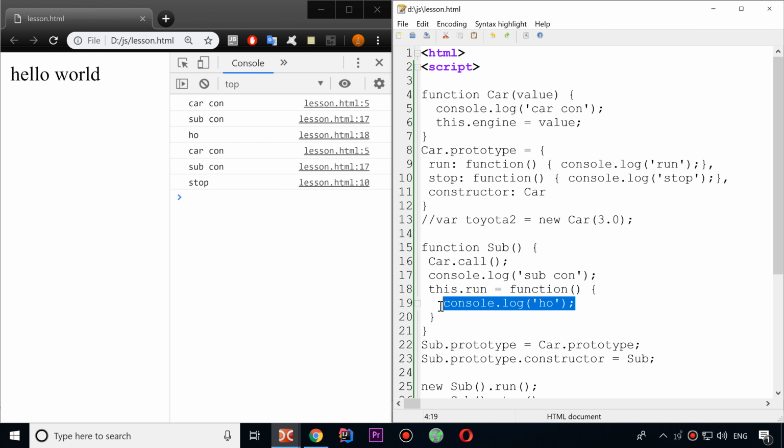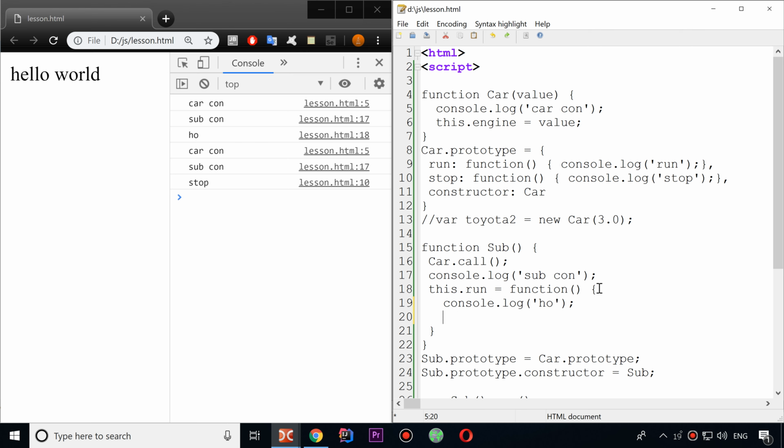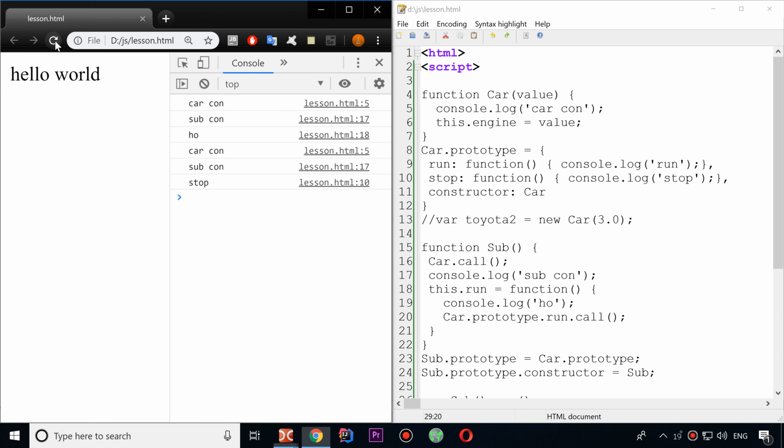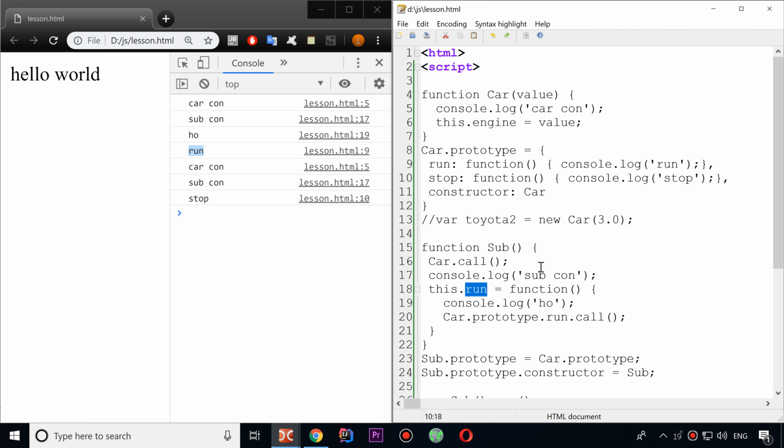But what if, in the overridden function, I want to use the functionality of my parent? I can make it like this. I can write Car.prototype.run.call, and that's the way to call the parent. So here we have run when I call run. For example, it can have some useful logic that we want to reuse in the overridden method. In this situation, we should run our parent methods like this,